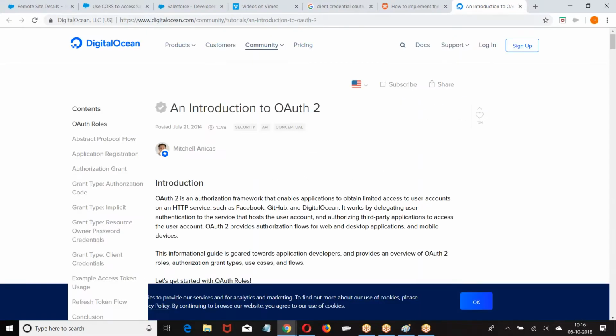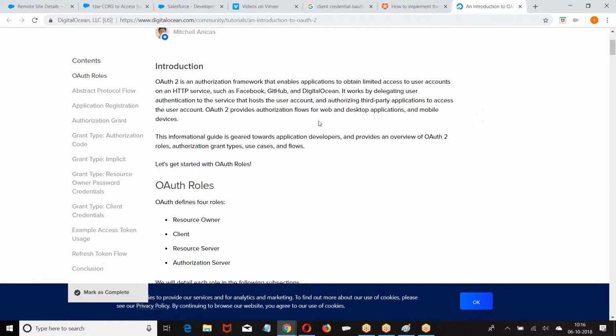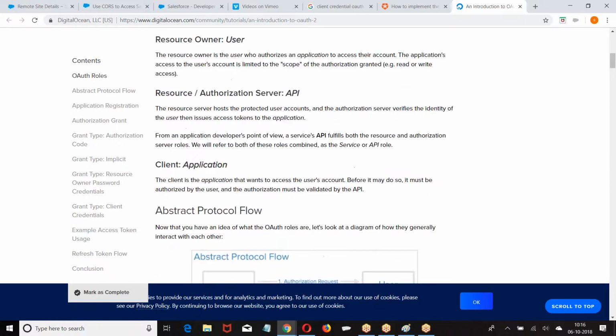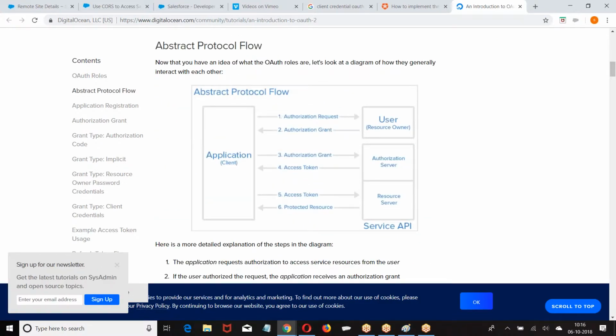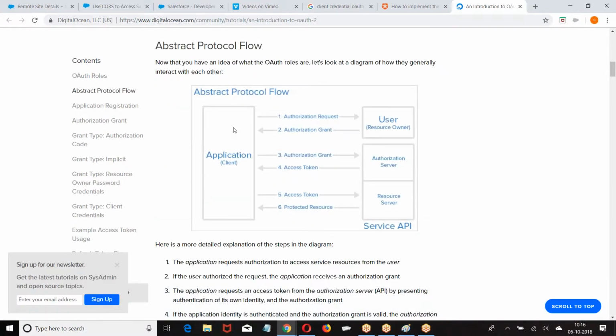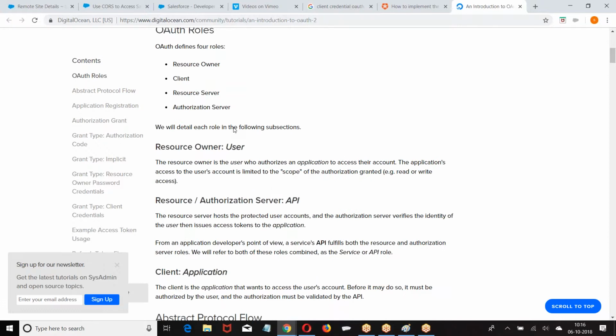When I show the example with the third party system, I'll connect to this third party using client credentials and show it. But understand the format here. What is the format? Username, password, web server, refresh token, and client credential. These are the formats of OAuth that are generally supported by third party systems.